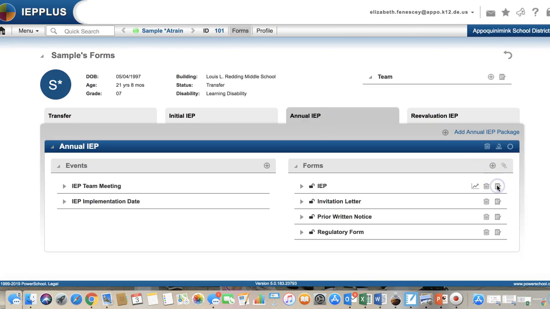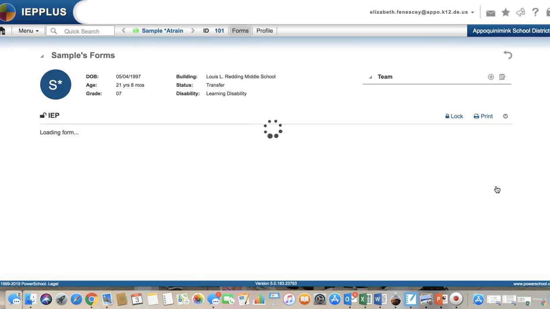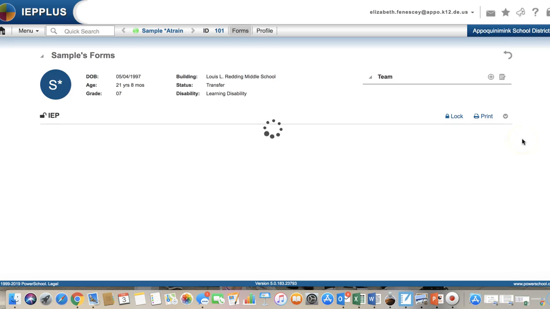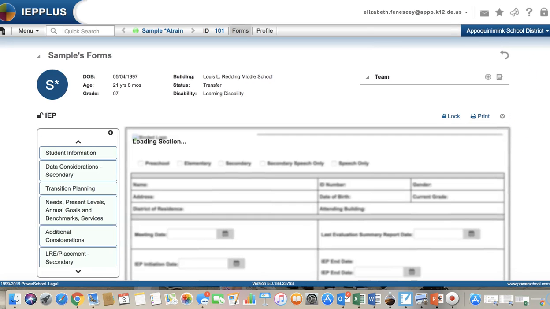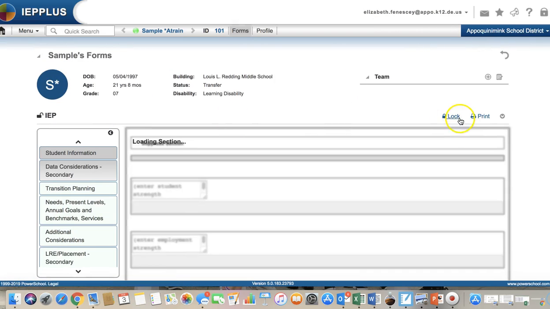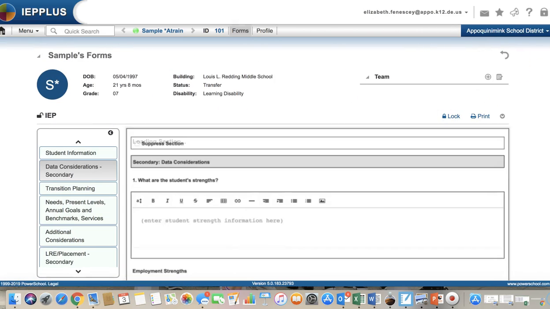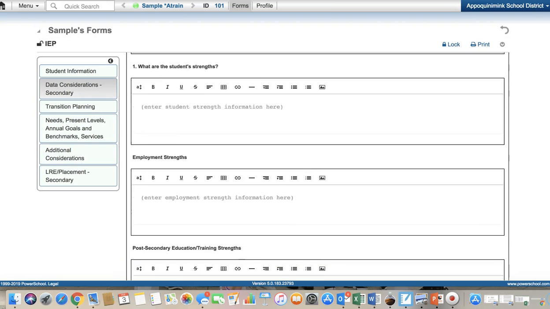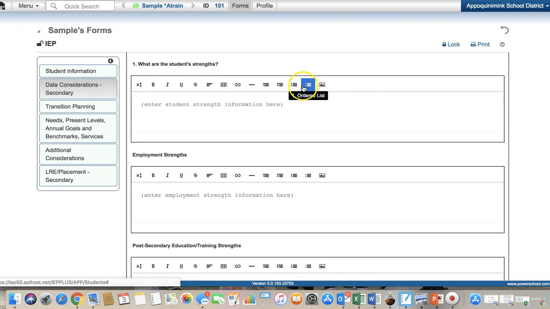So the first thing that we're going to do a training on today is looking at what parts of the IEP that you're responsible for doing. So the very first thing you're going to look at is data consideration. If you are an ELA or a math teacher, your job is to look at the student strengths. Please add anything appropriately. At this point, hopefully a science or social studies teacher has already filled in this portion of it, so you can review it and see if there's anything else that you want to add